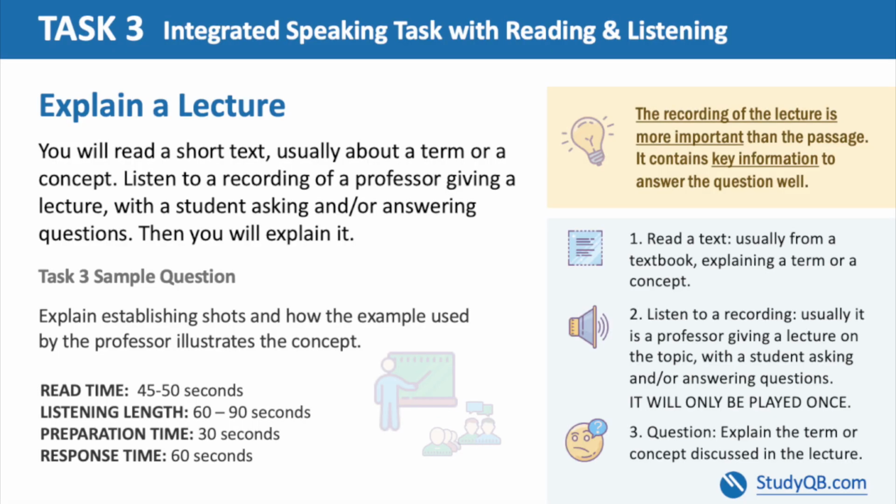Now let us talk about task 3. Task 3 is an integrated task again. The previous task 2 was about student life, reading and listening. Task 3 is about reading and listening from an academic point of view. Similarly, here you are given a passage to read of around 80 to 100 words, but it is not based on student life, it is an academic topic, and you are given 30 seconds for it. After this, an audio clip of 1 minute will be played where they summarize or talk about the passage you were given, and then another 30 seconds will be given to you to prepare a speech, and at the end you have to speak about or summarize what they talked about in 60 seconds.